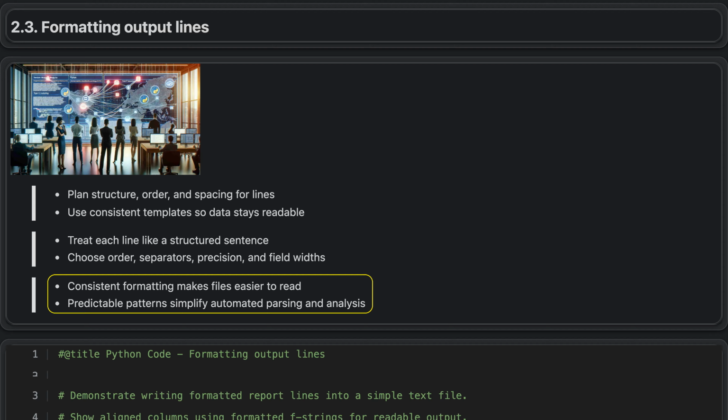Python code, replacing file contents. This section explains how to safely replace the contents of a file using write mode. It shows that when you open a file in write mode and save new data, any previous text in that file is completely removed. By demonstrating how the old content disappears after overwriting, it helps beginners understand why they must use write mode carefully. The goal is to build awareness that write mode replaces rather than adds to existing file